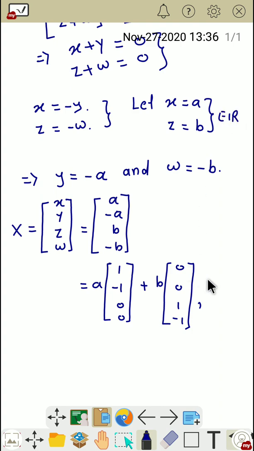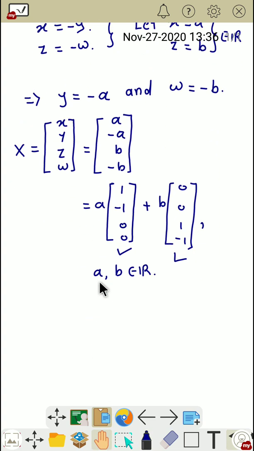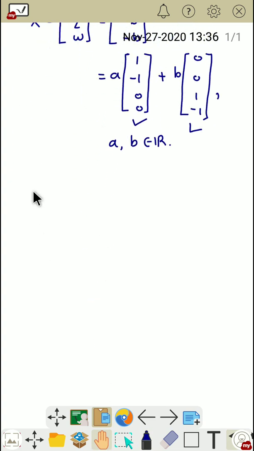Okay, so a and b are real numbers. So the kernel of L is the set of all those vectors which is generated by these two vectors, and these two vectors are linearly independent. Okay, so kernel of L